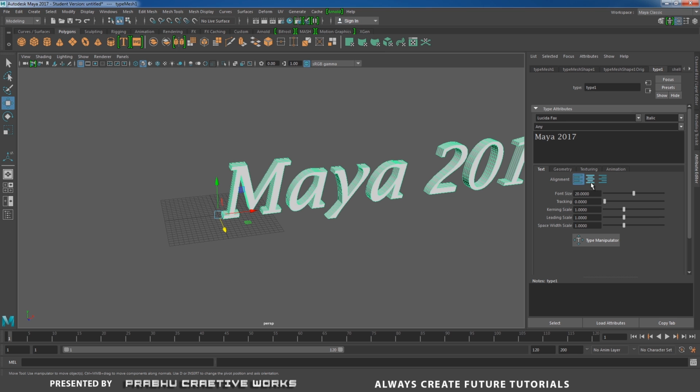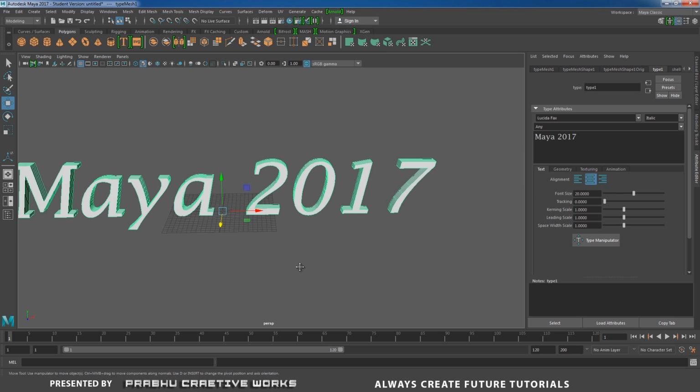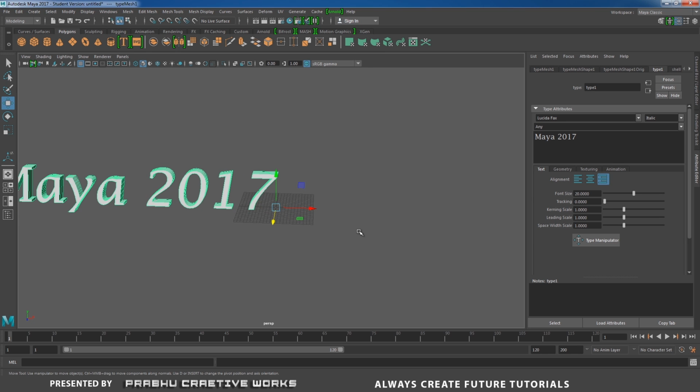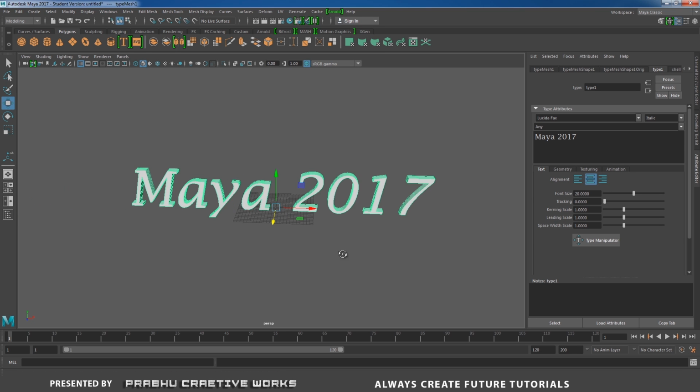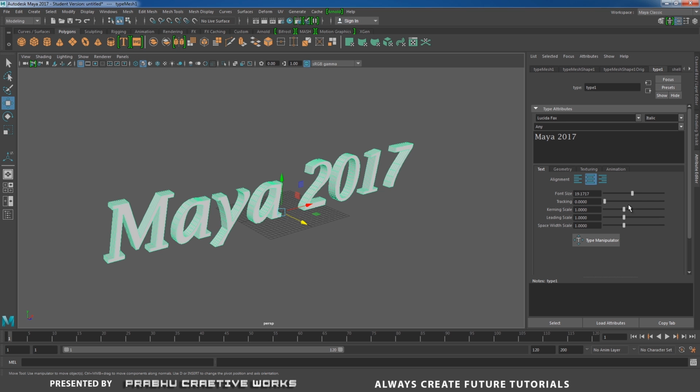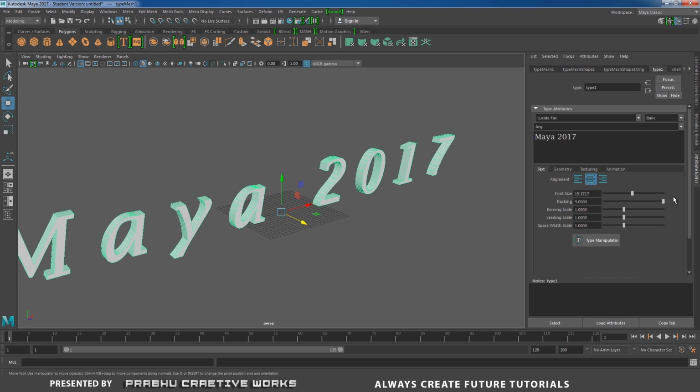The second one is center, which matches exactly the center of the grid. The third one is right alignment, so the text will be on the right side of the grid. You choose wherever you want. On the bottom side we have font size and tracking, which increases the